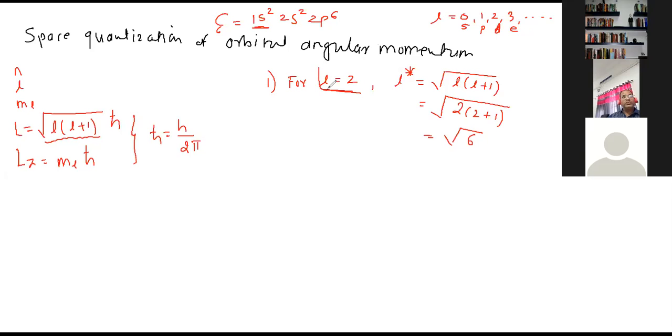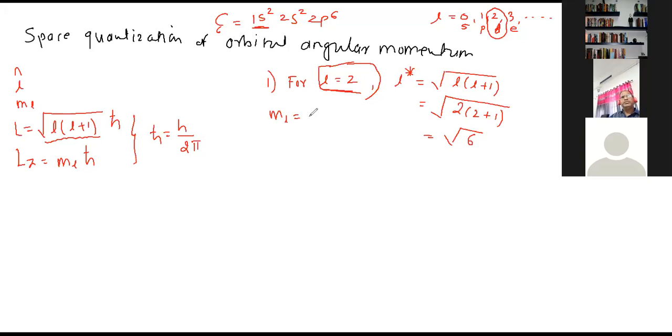Now I am talking about l is equal to 2. In the example, what am I talking about? l is equal to 2 means electron in which orbit? d orbit. Are you getting? So I want to find the orientation of this electron in d orbit. What will be the orientation of electron in d orbit for l is equal to 2? To find the orientation, I should know the value of ML. What will be the value of ML when l is equal to 2?